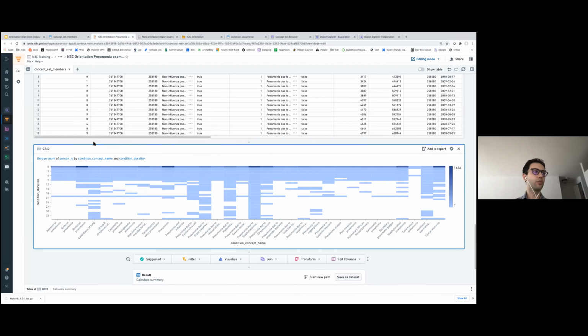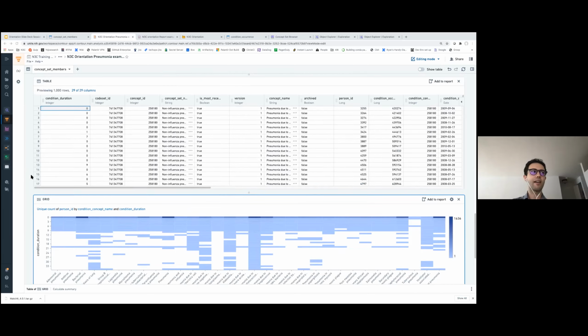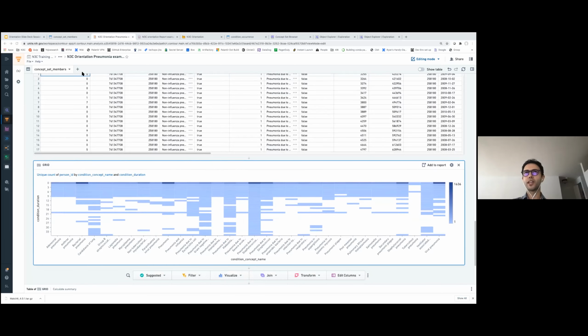So last thing I want to do is another example. Let's say I'm interested in looking into demographics and bring in the gender to this list of patients that I have in here. What I can do is create a new path in here. The demographics are in the person table, which is a domain table, also in the data catalog. You can think of paths as separate tabs, just like you have separate tabs in an Excel spreadsheet.